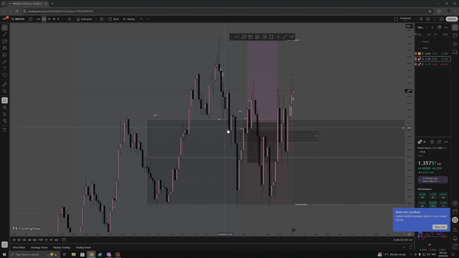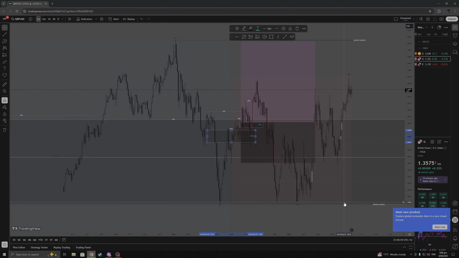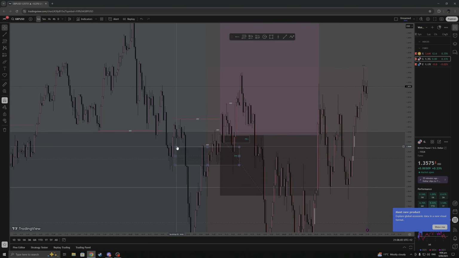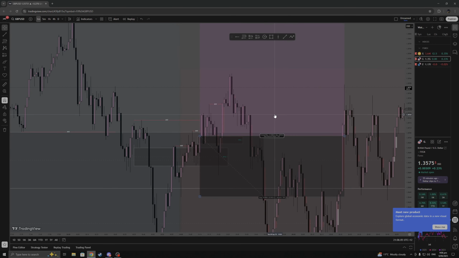Let me see if I can get in somewhere in this inversion fair value gap, right? Which at the point was at this point. So I'm trying to refine my entries just a little bit more, just so my stops aren't too big. But as you can see,